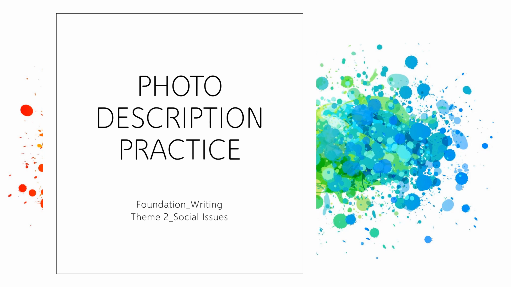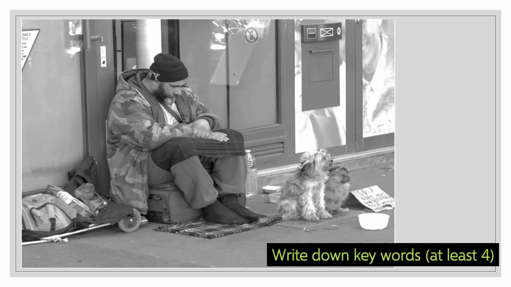Today we are going to look at the first exercise you get for your writing paper, and this is for foundation. Let's have a look at what it looks like. So you get a photo like this, and you will have 4 lines, and on each line you will have to write a sentence, a complete sentence. It doesn't have to be very fancy, but it needs to have a verb, otherwise it's not a sentence, and